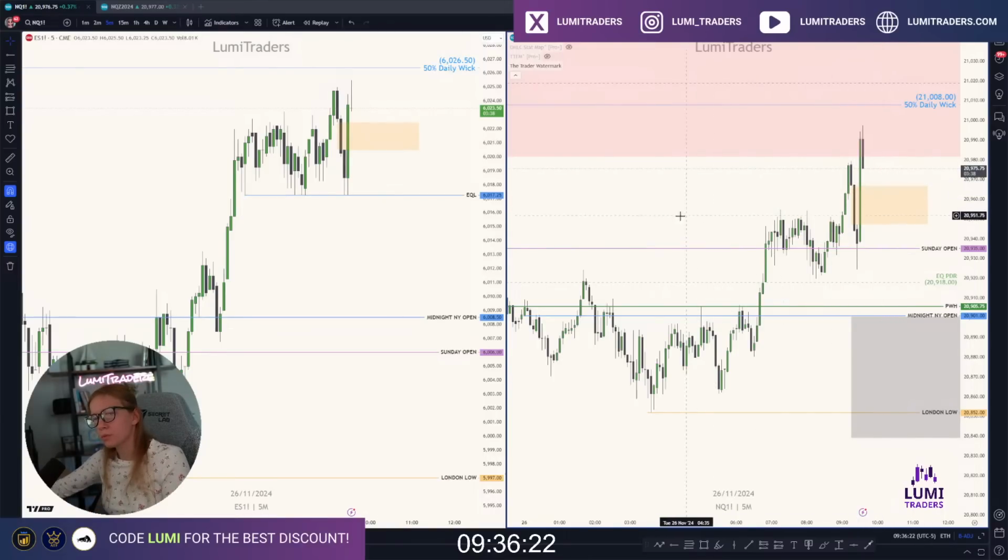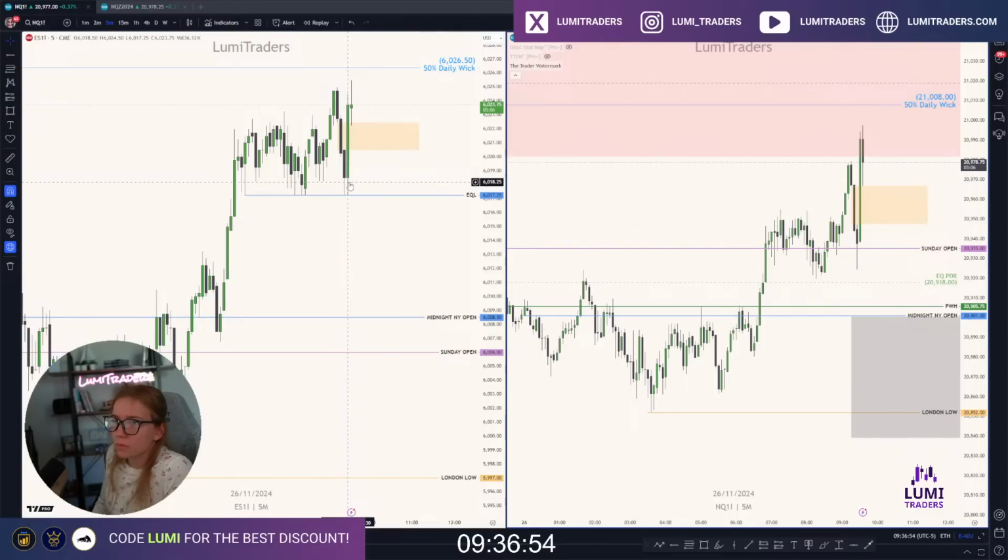Also, not ready to trust the inversion only because we got these equal lows. Like, no way they're going to leave it. That's going to be interesting. Ideally, I would like to see invalidation of this inversion. But who cares? We'll see. I don't use inversion fair value gaps every single day, but yeah, most of my setups or trades are based on this. But right now, in my perfect world, I would like to see invalidation of this inversion, especially on ES.